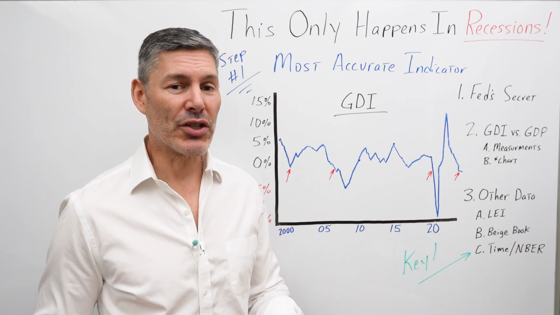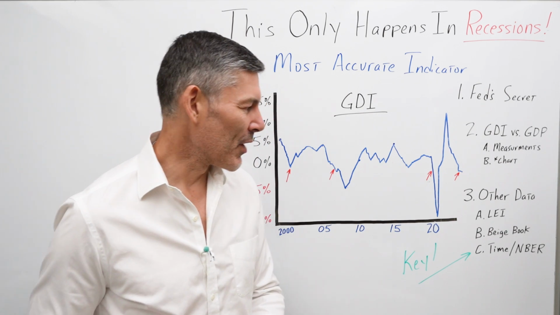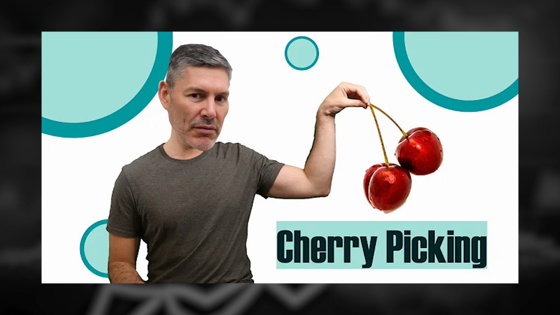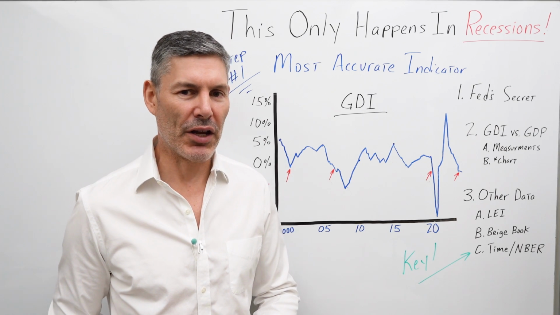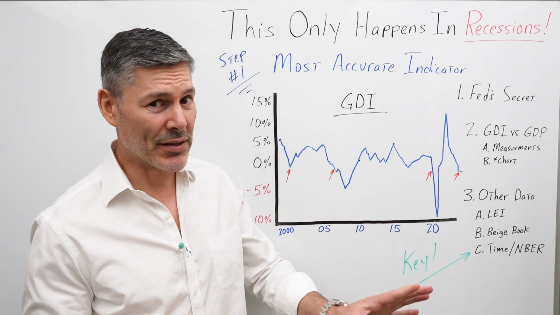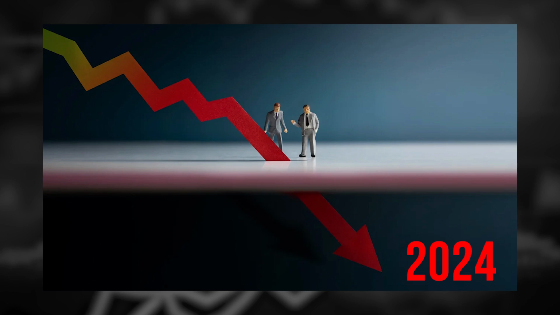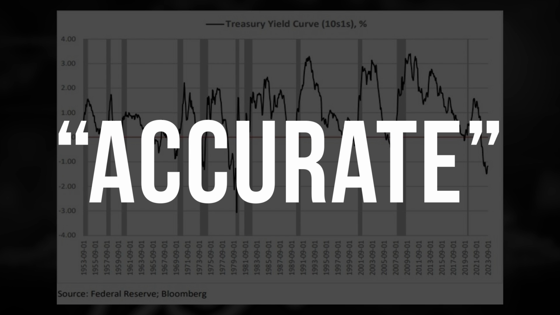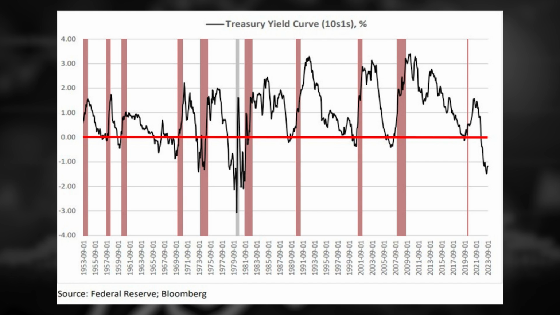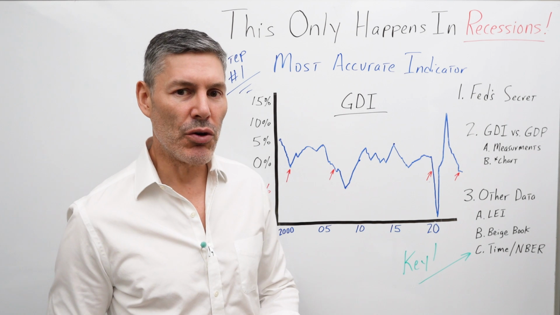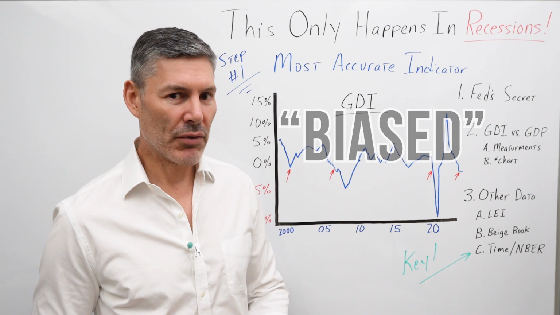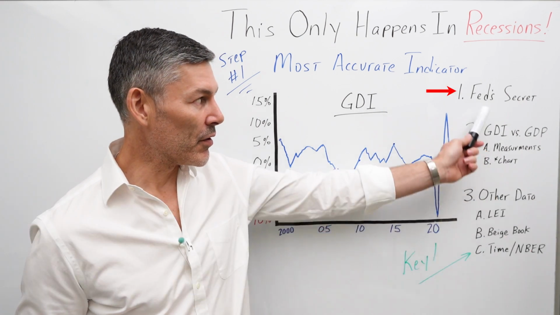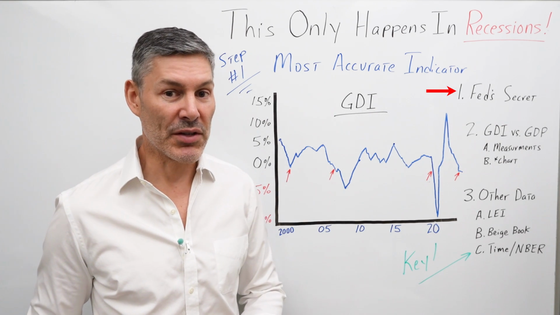Now, I know a lot of you are watching this video right now and saying, okay, George, what you're doing is you're just kind of cherry picking the data, and we know from watching your videos that you think your base case is there's going to be a recession in 2024. You think the yield curve is actually accurate just because it's been accurate pretty much every single time going back to 1950. So you are biased. But no, don't take my word on it. Take the word of none other than the Federal Reserve themselves.